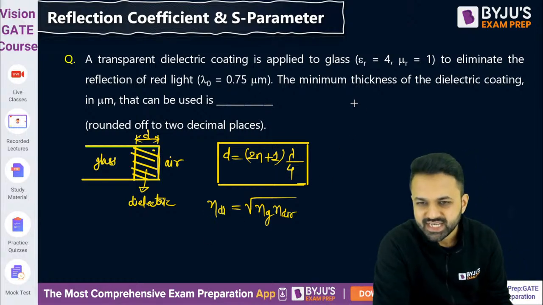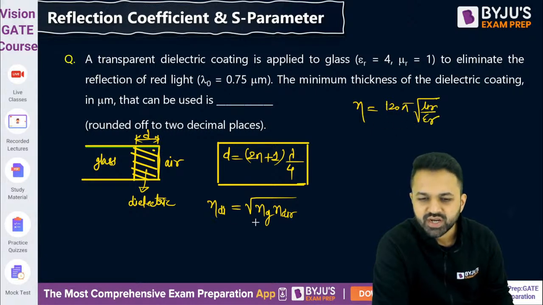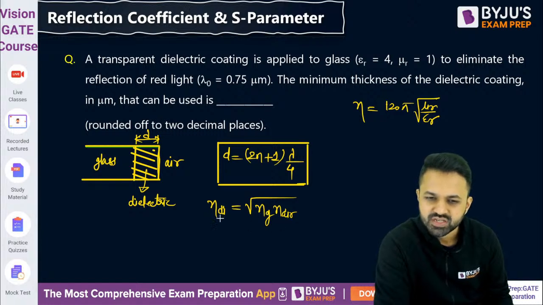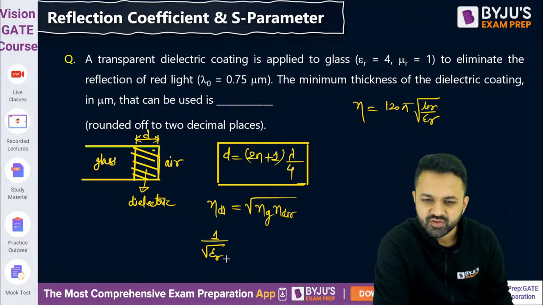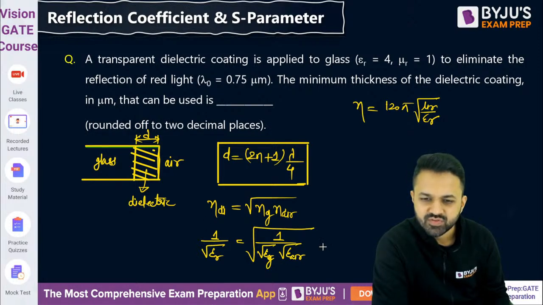Because we know that this eta is nothing but 120 pi root over mu r divided by epsilon r, so it is inversely proportional. We can write this as 1 upon root over epsilon r of the dielectric. So this is 1 upon root over epsilon r of the glass and root over epsilon r of the air. Because this root and this root will get cancelled,